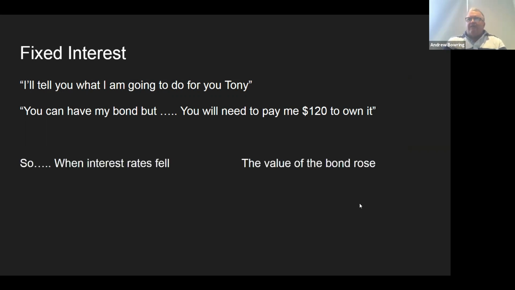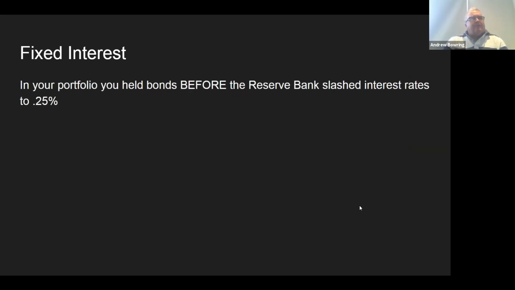So when interest rates fell, the value of my bond rose, because it's got a coupon rate that's better than I can get in the marketplace. So if we all held bonds in our portfolio, with interest rates down to 0.25%, the value of our bonds inside that portfolio is now relatively more valuable. Now, some of the managers are having difficulty pricing bonds in a very volatile market at the moment. But when we come through all this, these bonds that have higher rates of return are going to become